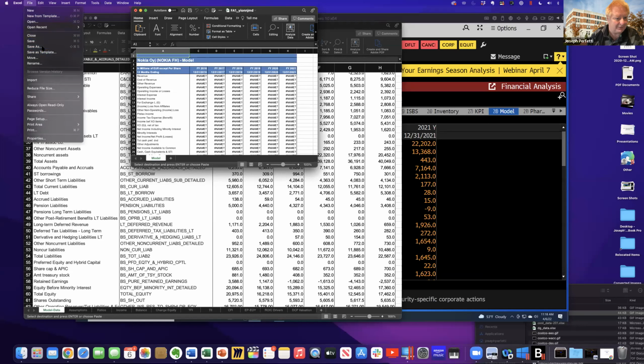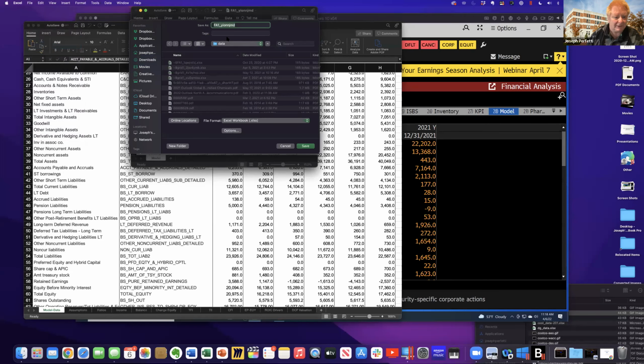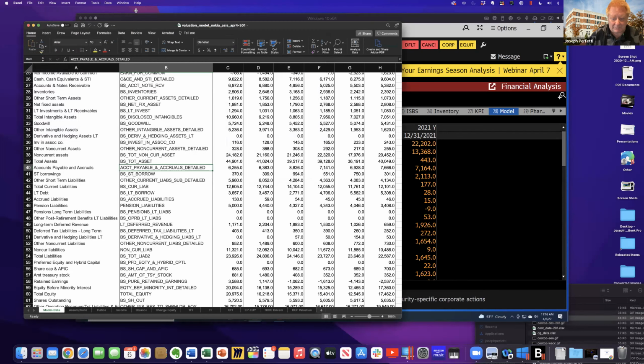But I want to come back to this. So save as. This is my Costco data. This is section 301. So I'm going to save this file. Okay. Now what you're going to see when you export to Excel